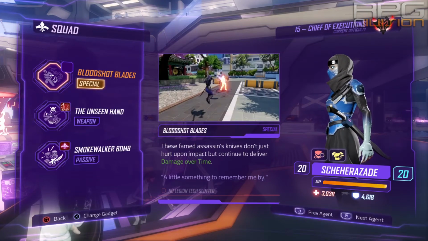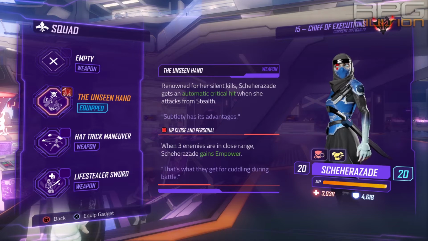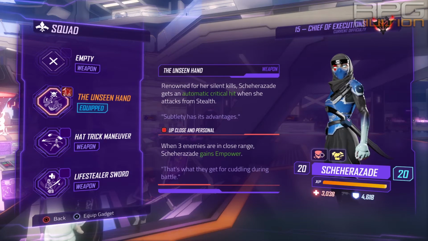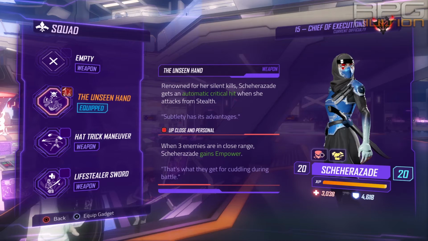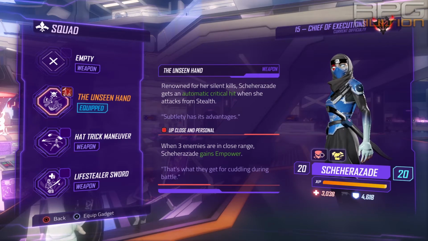As for the weapon passive, you have three options: the Unseen Hand, Head Trick Maneuver, or Lifestealer Sword. This is a fixed one. You need to have the Unseen Hand. You get an automatic critical hit when you attack from stealth. That means your DPS will go through the roof because of all the ability to go into stealth from Mayhem